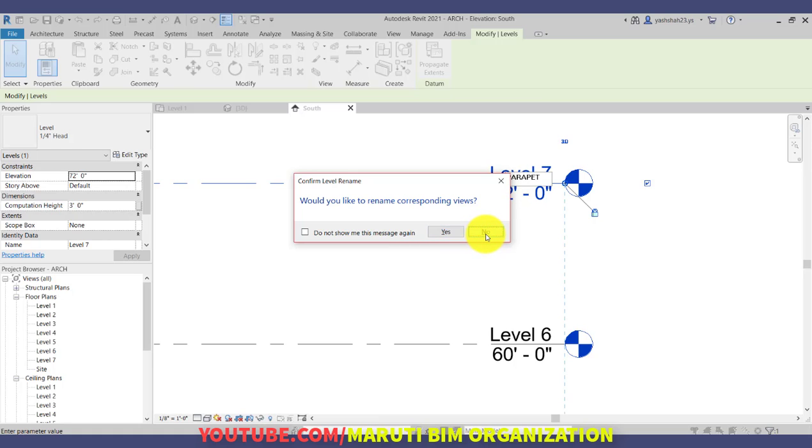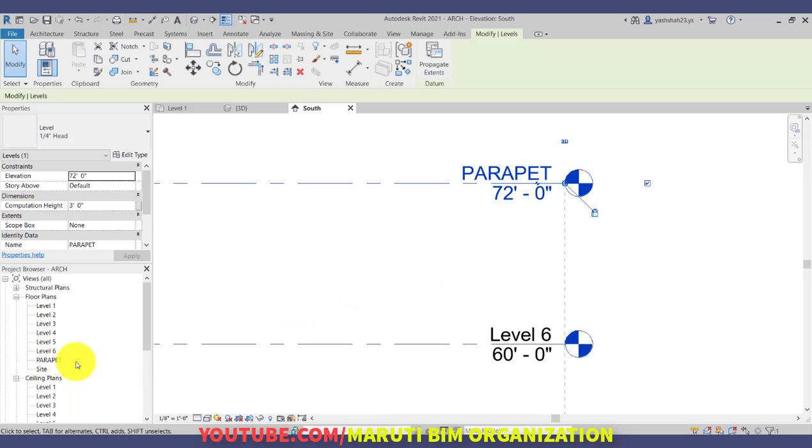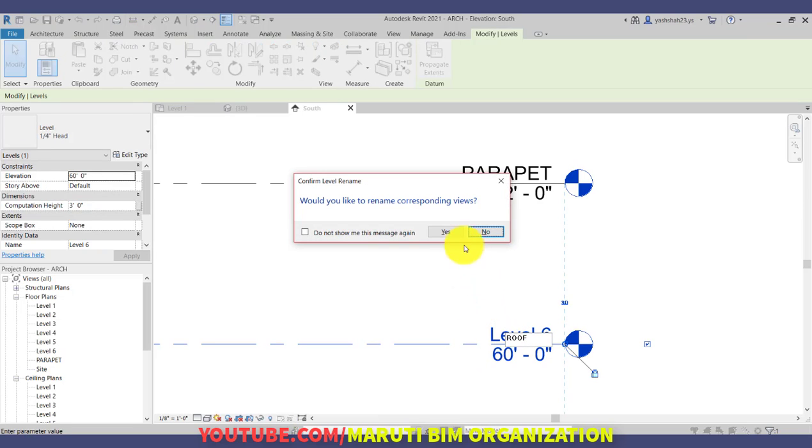If you say no, then here it will display parapet level, but in the project browser it will display level 7. So we always have to click on yes, and level 7 will be automatically renamed to the parapet, as you can see. Similarly, level 6 to roof, enter, and click on save.